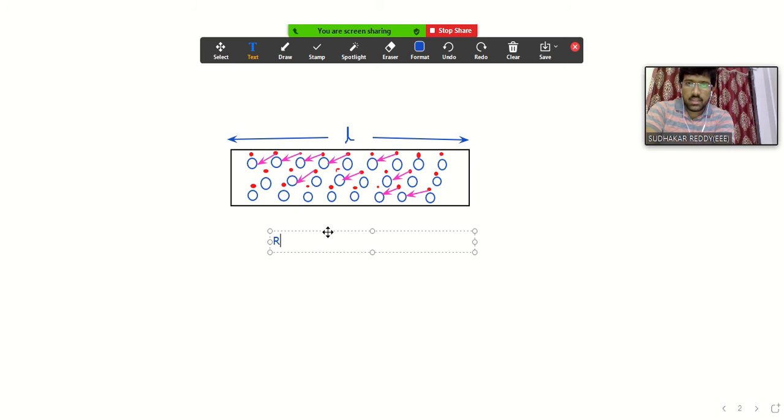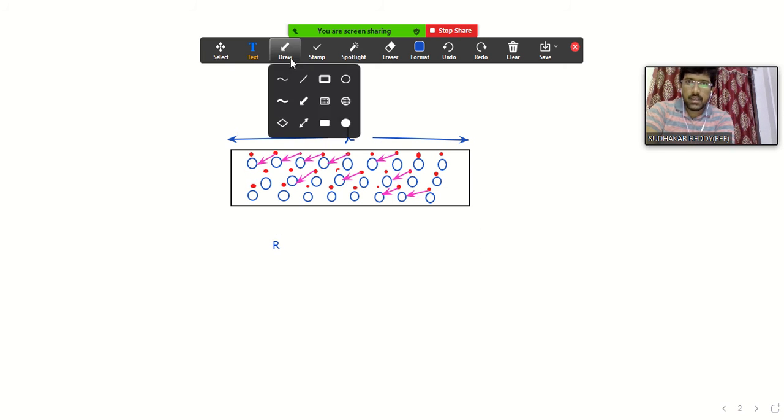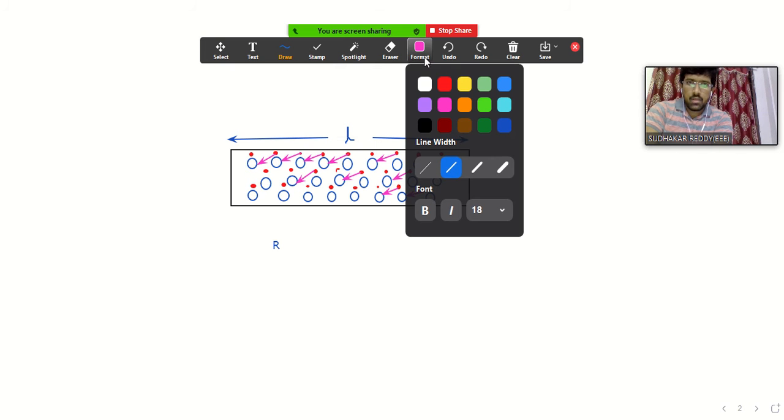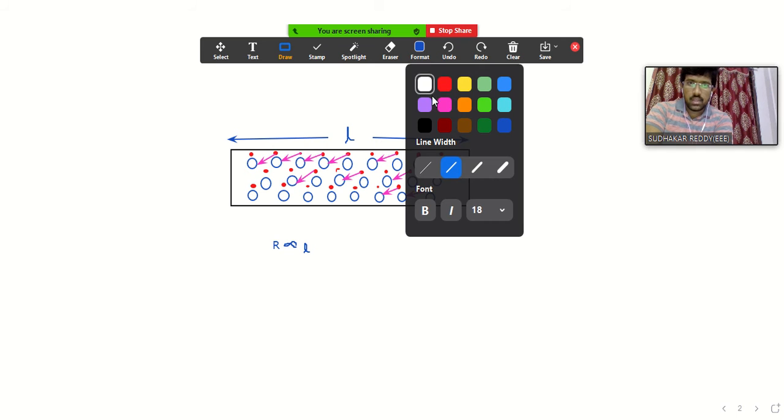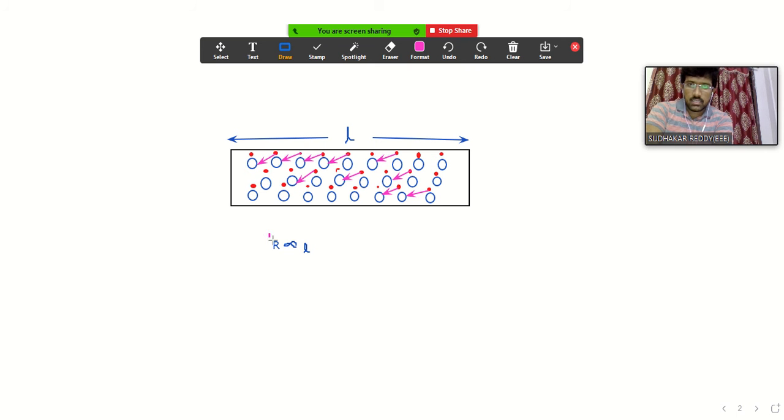Yes or no? All of you observe. If the length of the conductor increases, obviously the number of collisions increases, and if the number of collisions increases, resistance increases. That means we have a direct relationship between the resistance of a particular conductor material and its length. That is, R is directly proportional to the length of the material. So this is the relation between the length of the conductor and the resistance offered by that conductor. So clear. This is the first factor which affects the resistance value of a particular material.